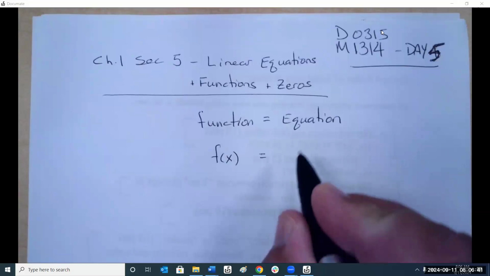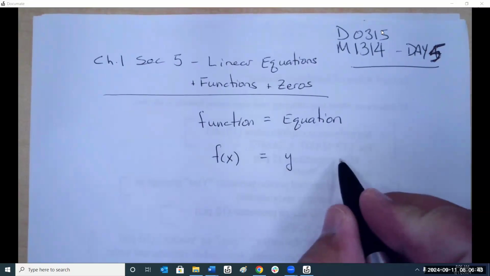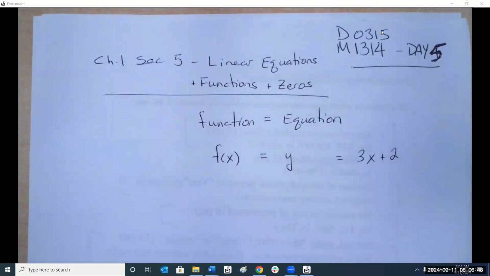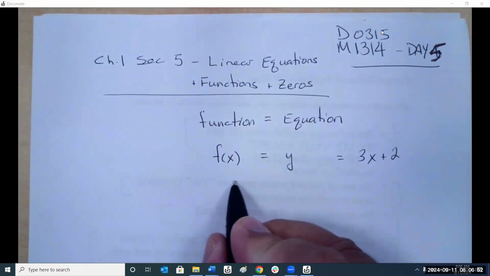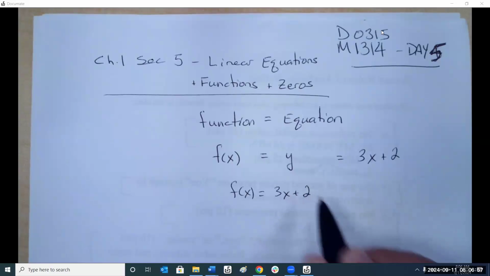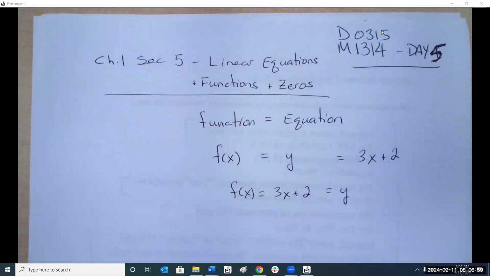So basically a function is an equation. A function is represented like that, and the equation is y equals some equation. So what this is saying is f of x is the same thing as the y. They both equal 3x plus 2. So now, what we have to do, we have to take that concept,